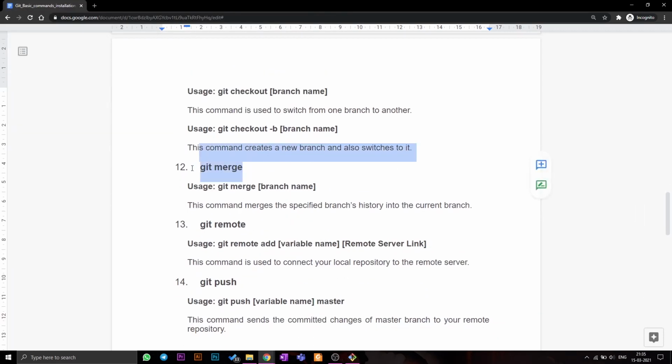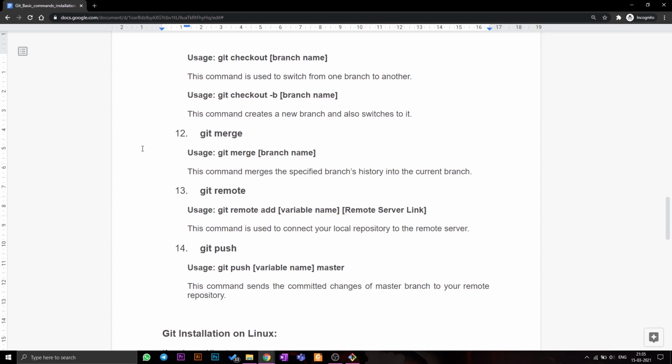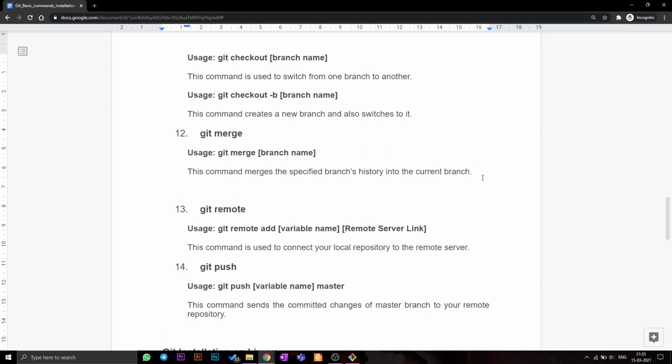Okay, so next is git merge. Suppose you're working in two branches. Suppose I made version 1.02 and I made version 1.03. Now I want to merge everything that was in 1.02 and 1.03.